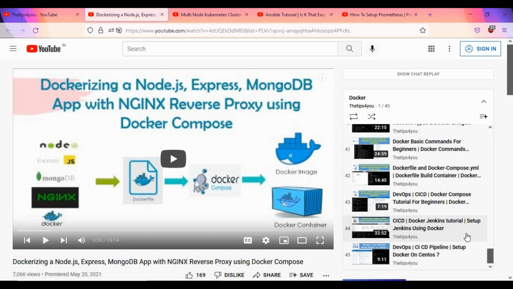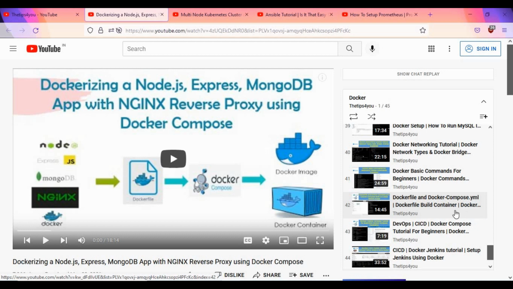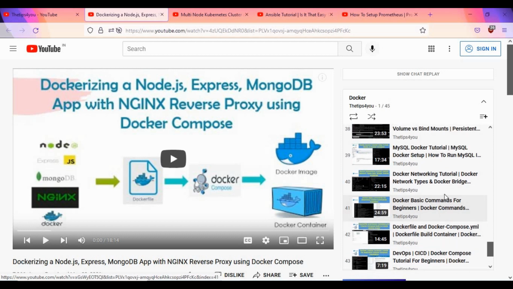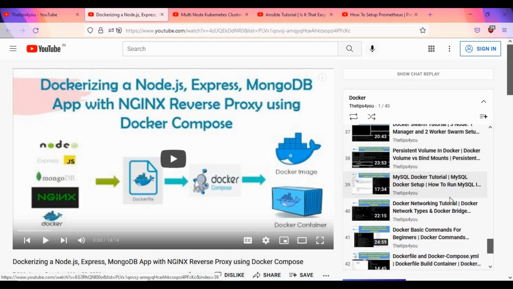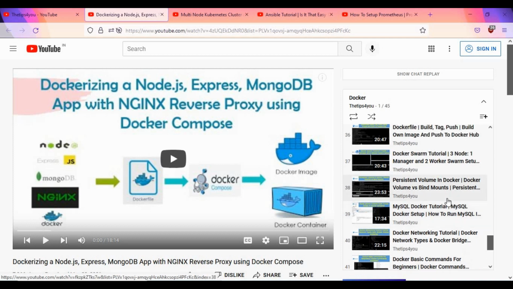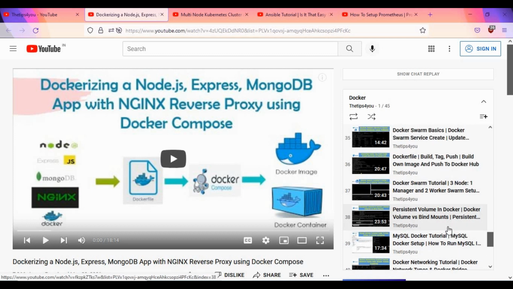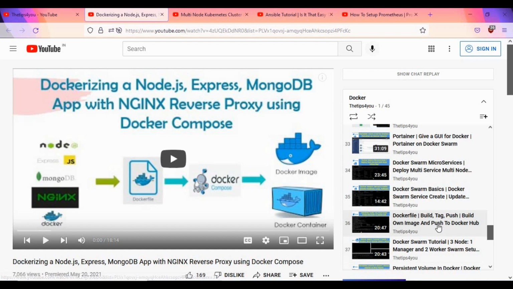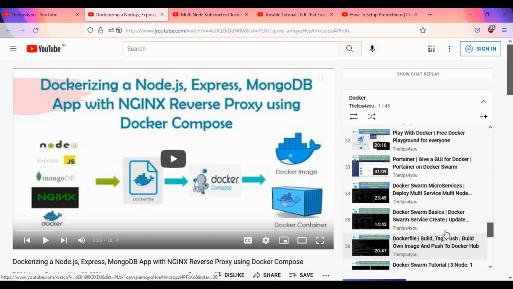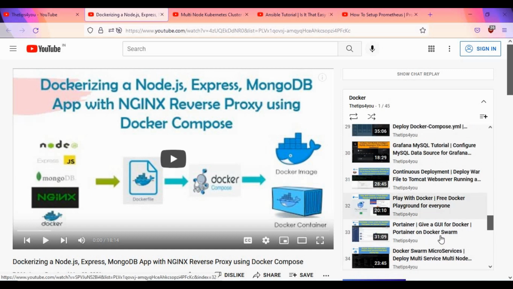These are around 4-5 hours of video. They start from how to set up Docker on CentOS, basic commands, Dockerfiles, the networking on Docker, how to deploy a lot of containers, whether it's SQL or the persistent volume, Docker Swarm, Dockerfile commands, Docker Swarm basics, then microservices, how to deploy it, Portainer.